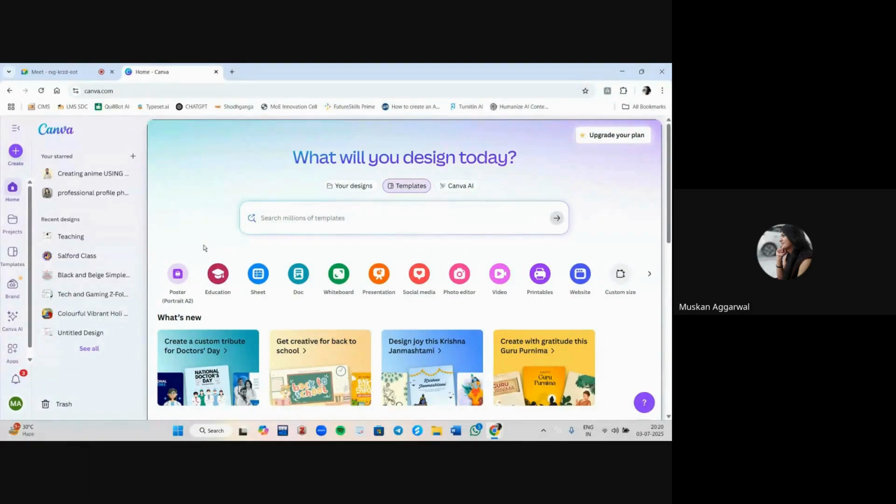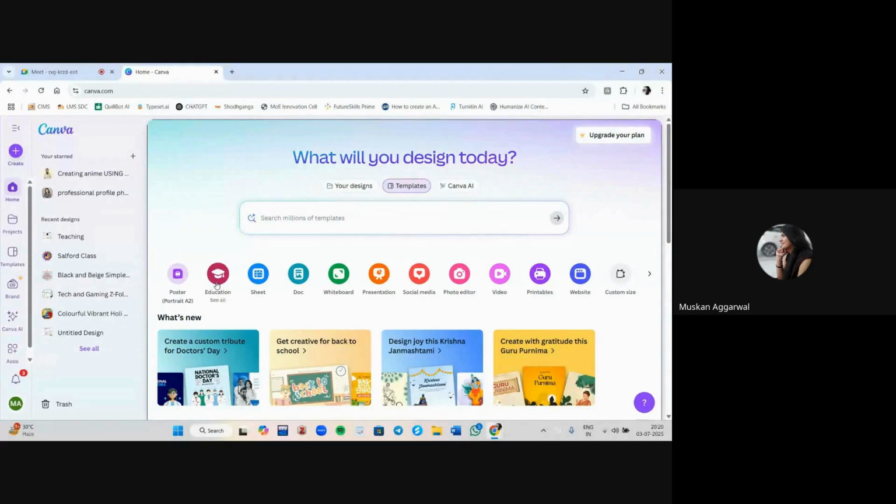So let me just give you an overview. Canva now offers an amazing feature where you can create complete course modules, perfect for educators building e-learning materials and lesson plans or training programs. So the steps to open the Canva course designing is you have to just go to the create option,